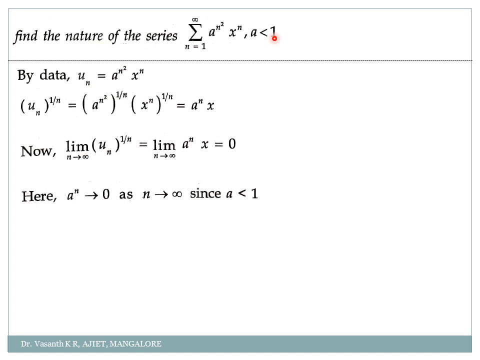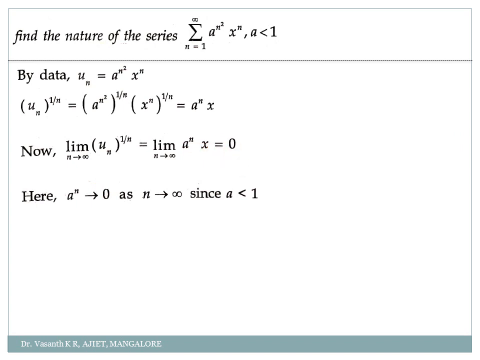So remember one thing, my dear students, whenever a value is less than 1 and it is raised to infinity, it will always become 0. This point is very important. I hope you are clear. Because of this condition, this is becoming 0. You can use a calculator. You can take 0.9 to the power 100. Infinity means a large number, no? Correct, n tends to infinity. You take 0.8 to the power 200. That time it will almost become 0. That's why this value is 0, and 0 into x is 0. Clear? So it is 0.